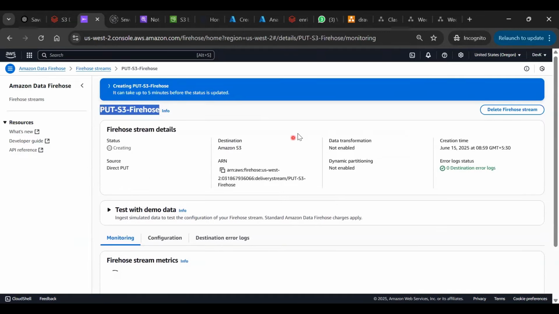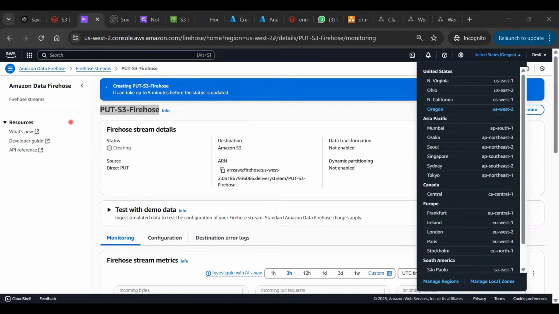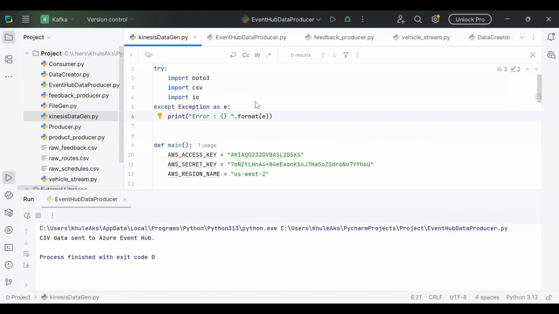Let me quickly go to my PyCharm IDE. Oregon West 2, right? And let me share my PyCharm IDE. Kinesis data generator. So as you can see in my IDE,